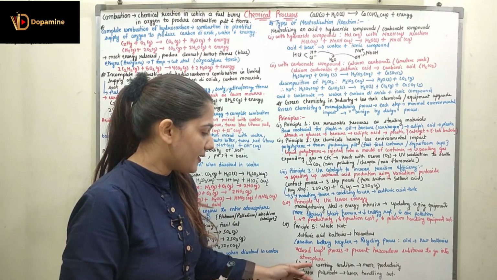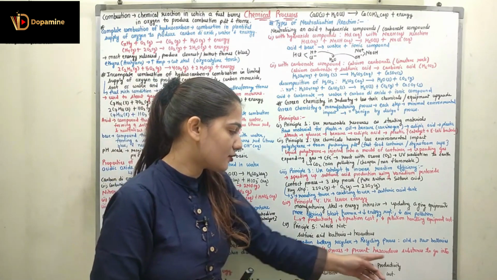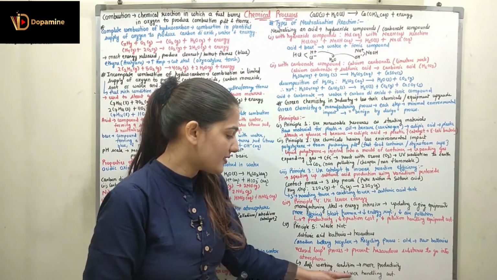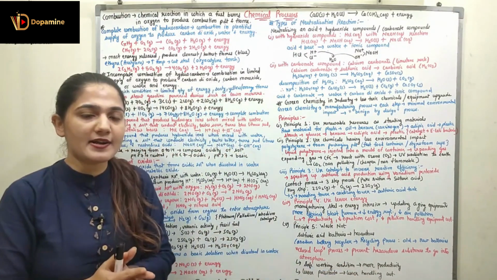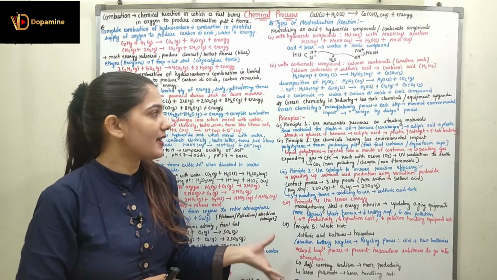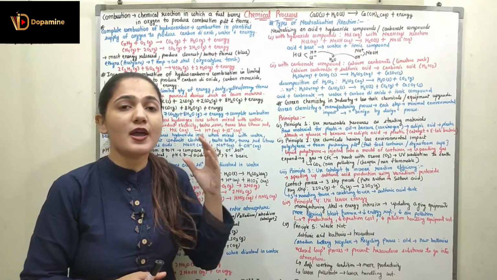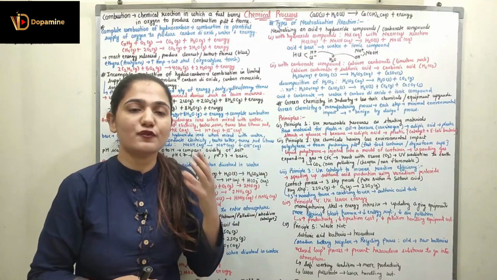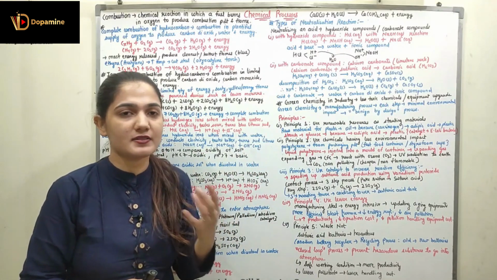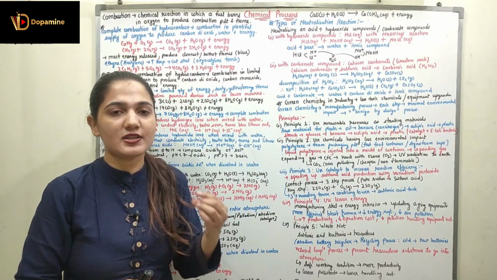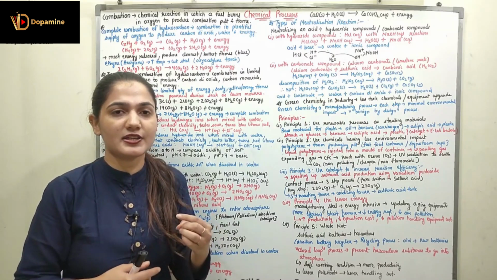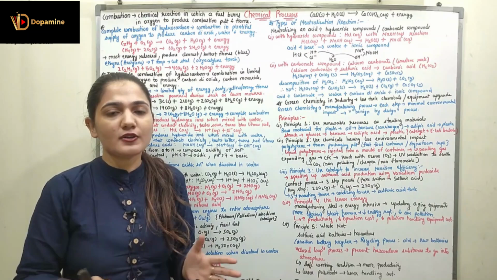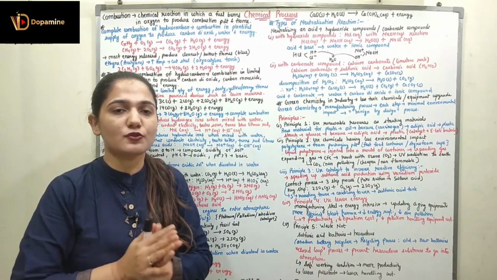So here we will get safe working conditions, so productivity is going to increase, we will have fewer pollutants, and again lower pollution handling cost. So overall I can say green chemistry is going to increase productivity and decrease cost in the long term. Even if the equipment cost is high initially, the process cost is high initially, and the technology change cost is high initially, if I look at the long term, green chemistry is going to give me